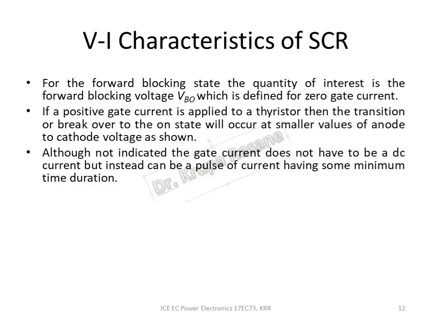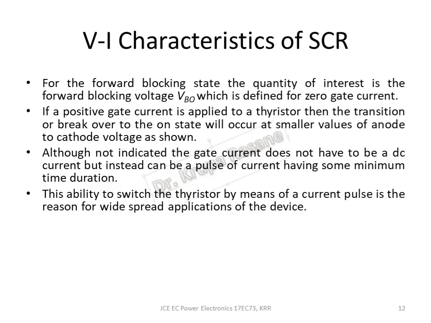So I can have a DC type of triggering for gate. I can even have an AC in this, but only the positive of the AC will be considered for the gate for triggering, and the negative will become a waste. So AC is not preferred, and the third type is the pulse type. So pulse current is preferred because it is on for some time and removed, because once the SCR becomes on, the gate has no control over the SCR states.